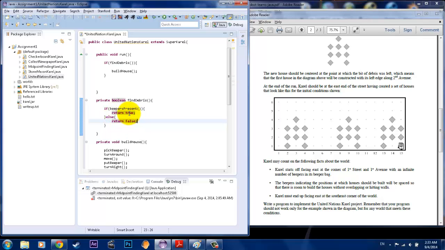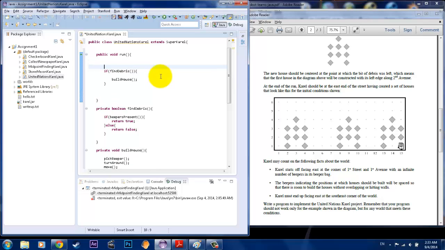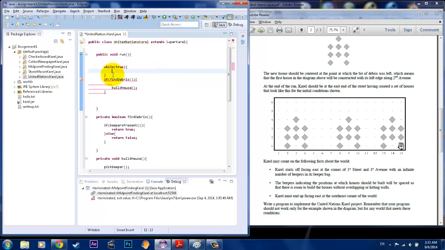So you see what just happened? So if it's true, and if you go back up to this program, if this is true, and beeper is the debris and he's sitting on top of it, he will build a house. If it's not true, it's going to return false and it won't do anything. And then while he's doing this, while, again, my favorite, true, you can go ahead and stick this whole thing to a whole entire true statement. While he does this infinitely many times, he's going to find the debris,